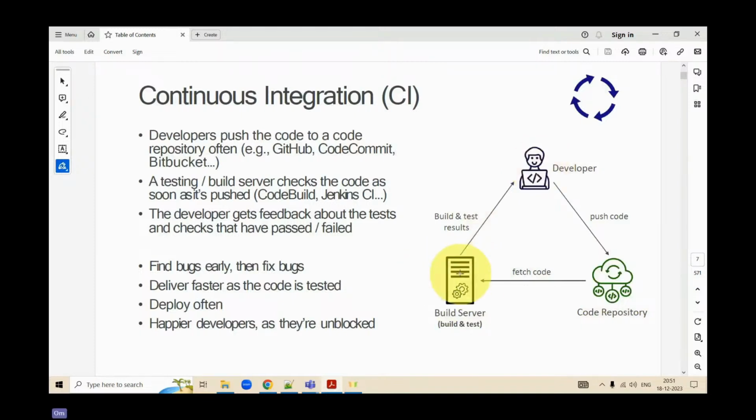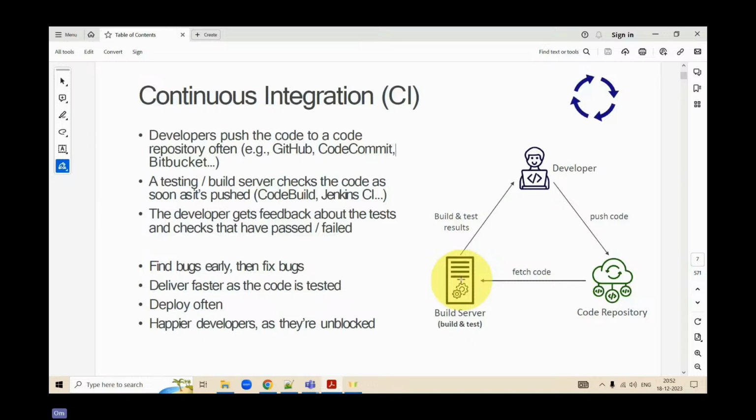To find out if there is any bug which may trouble us in future. Also, it takes care of faster delivery because the code is duly tested. If the code is tested, I can sooner move that code to the higher environments, because the code is error free.